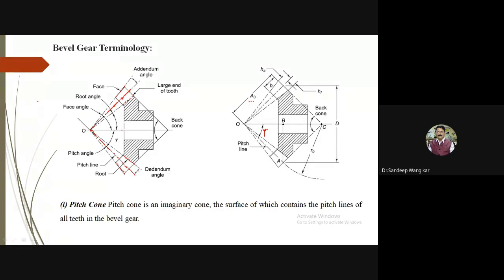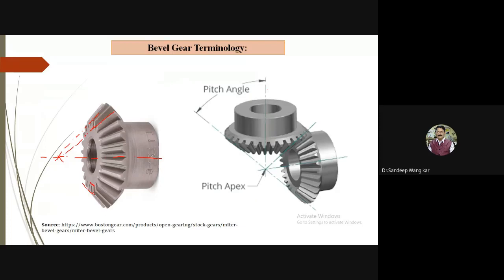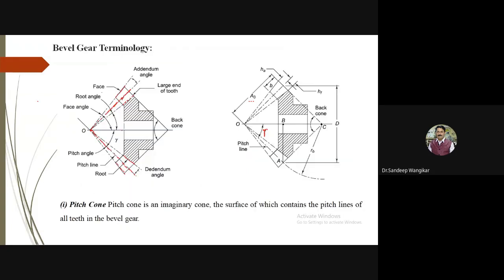B is the face width. So whatever you can refer to as per our standard terminology, whatever the face width, it will be there. I am just highlighting this in 3D for your better understanding. Whatever you get as this measure, you can take any tooth and measure it. So you can call it the face width. So B is the face width.